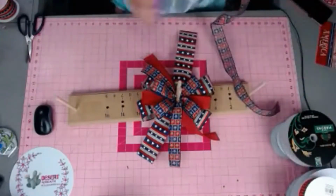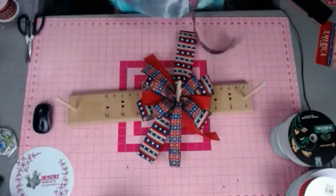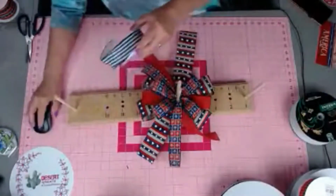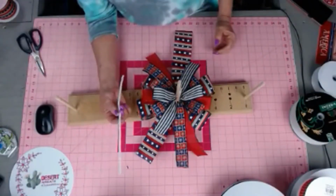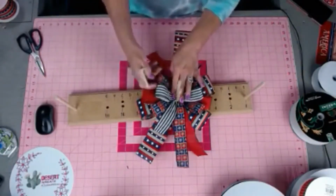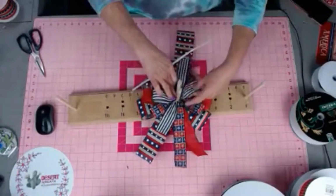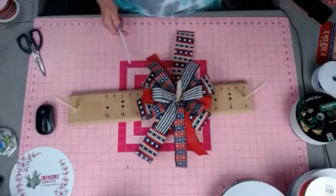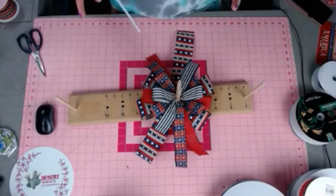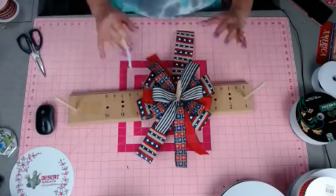Let's put this ribbon up. Now we're going to bring in this blue. Okay, I am going to use a pipe cleaner this time. These are one of my favorite bows. You probably see me make them often. I make them spidery and big, and I make them more dense like this one is. This is a great deal to go above a sign, or you could do a combination of 2 more bows on the side of it, or just 2